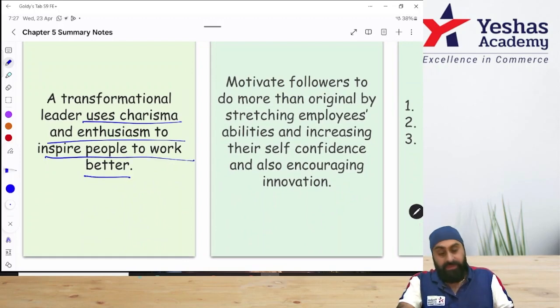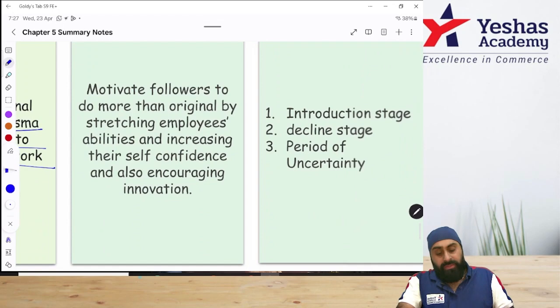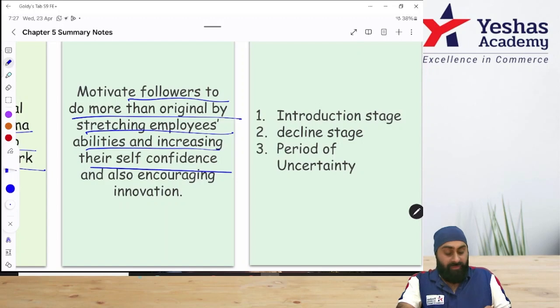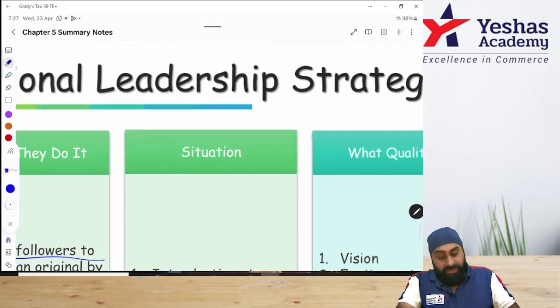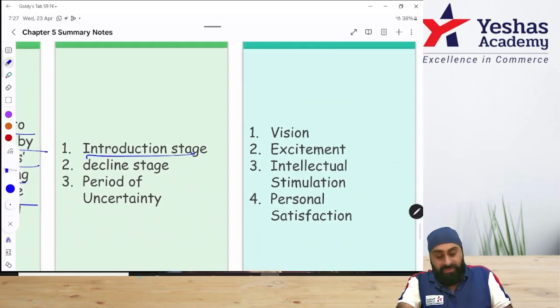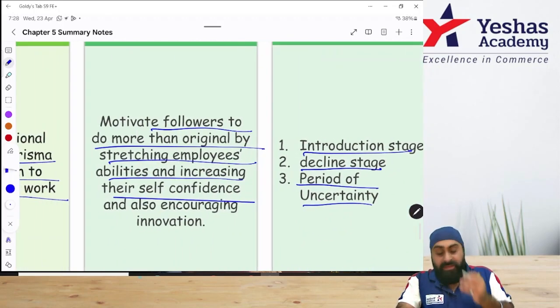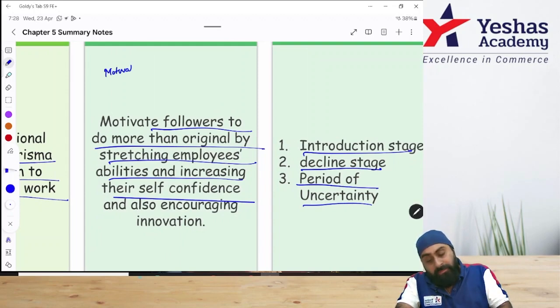He motivates it. Second, how do they do it? Motivate followers to do more than original by stretching employees' abilities and increasing their self-confidence. It can also lead to situation into introduction stage, decline stage, and period of uncertainty. Now, this type of a leader is an awesome leader because he tries to motivate employees